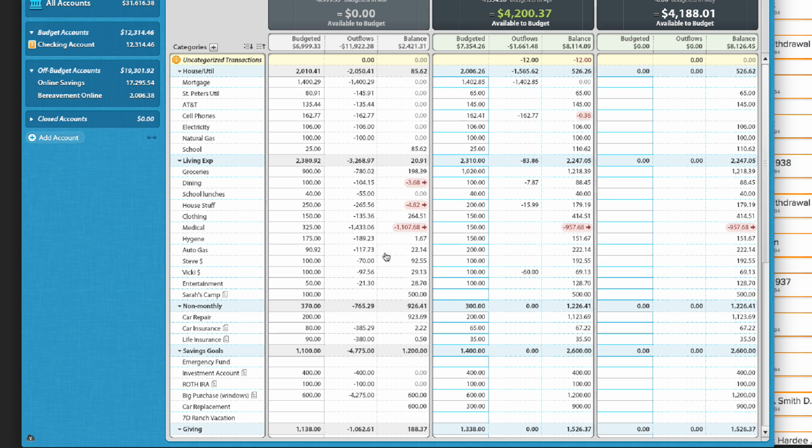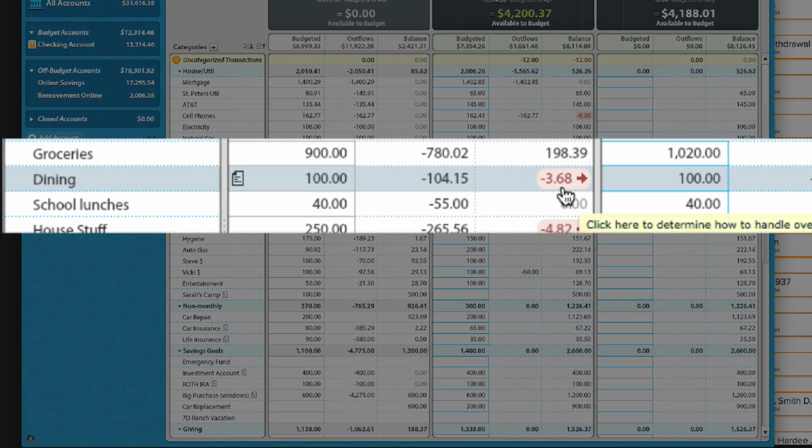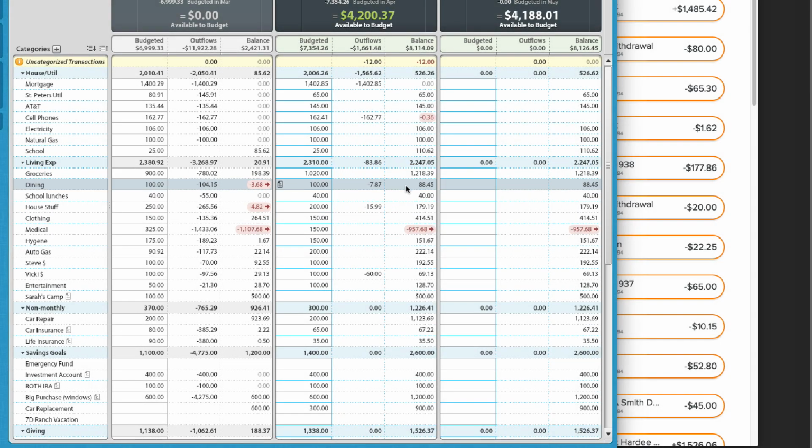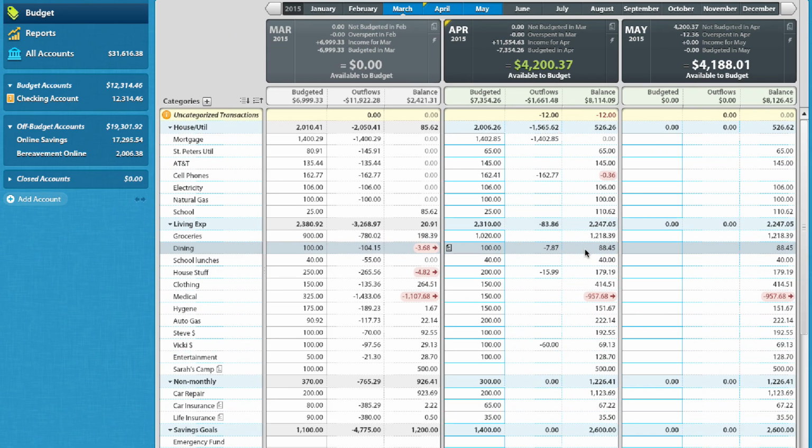I've got a category right here for dining. We overspent by $3.68. Yes, I could adjust groceries by that much to make it exactly zero, but we're just going to let that float to the next month, deduct from our available balance for that category, and that way we don't have to worry about $3.68.